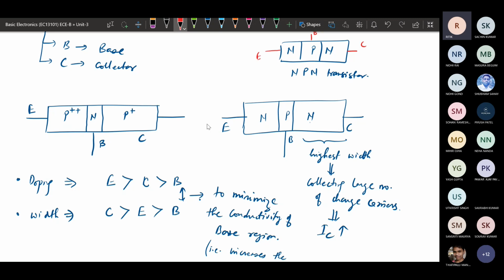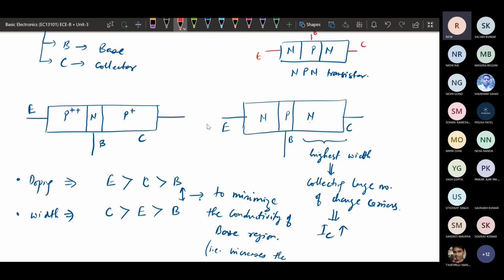The emitter needs to emit the charge carriers, and whatever charge carriers it emits will be part of the current flow. As the emitter emits a large number of charge carriers, the current can be large based on the doping of the emitter.